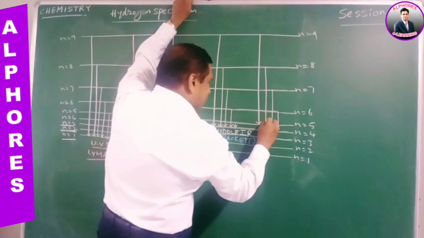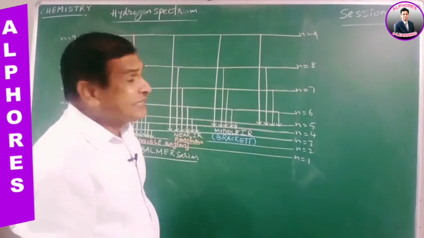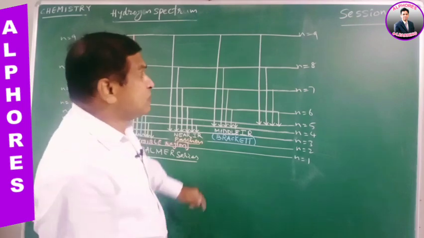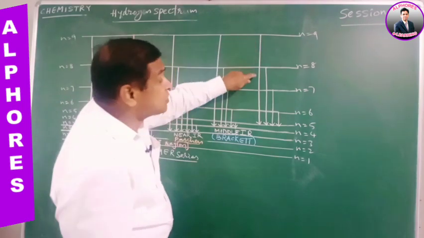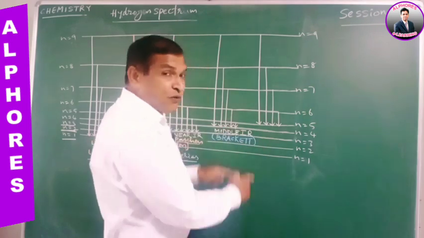So I repeat once again, when an excited electron transition takes place from higher energy levels to n equals 5, that is the 5th energy level, 5th orbit,